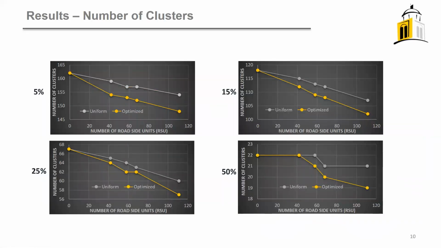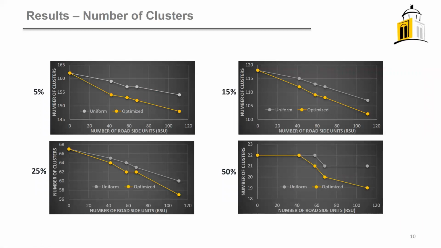So to evaluate the performance, we are going to look first at the final number of clusters we have in the network after deploying the roadside units. This is for the different market penetration scenarios. If we look at the 5%, for instance, we will find that with the uniform deployment, presented in the gray lines, the number of clusters decreases as the number of roadside units increases, which is